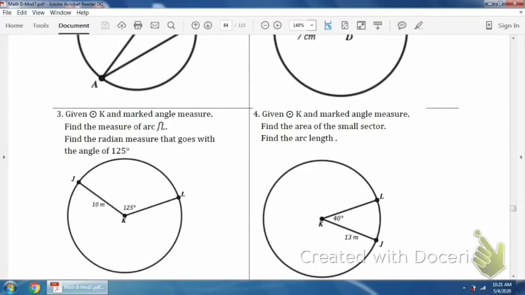It looks like you're going to have to do each one here. So for this one, it's going to be angle over 360 times pi r squared, it's the area. And then this one is going to be angle over 360 times circumference, which is 2 pi r. Alright, so that should be kind of a review from what we've done. And then the set,